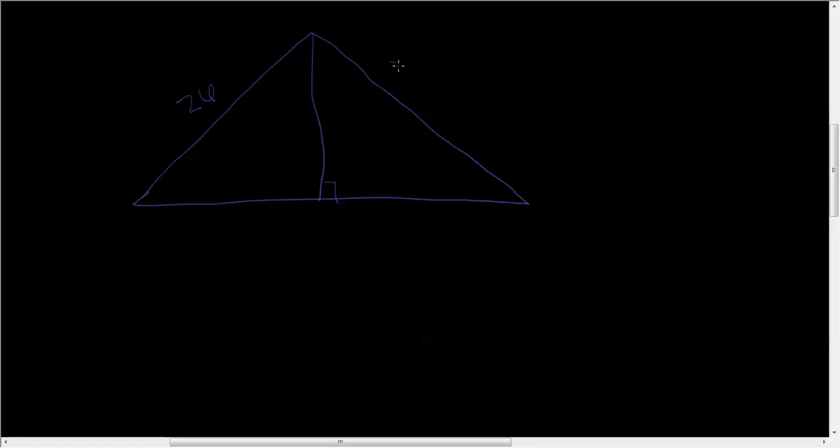I don't know what this is, and they told me that it is 48 from one side to the other along that bottom, the base of that triangle. Well, hopefully you're looking at this triangle and you're already ready to tell me what kind of a triangle this is. It's an isosceles triangle,